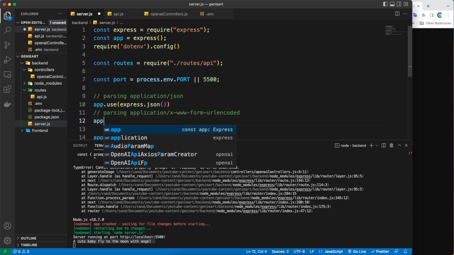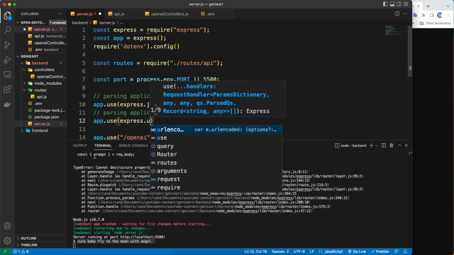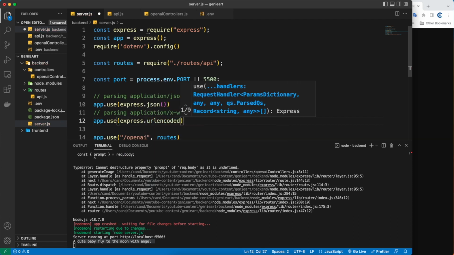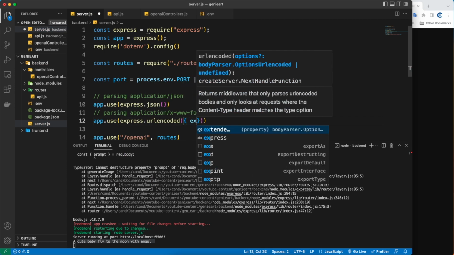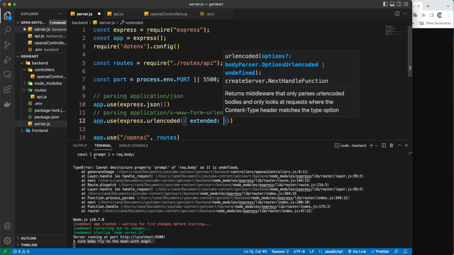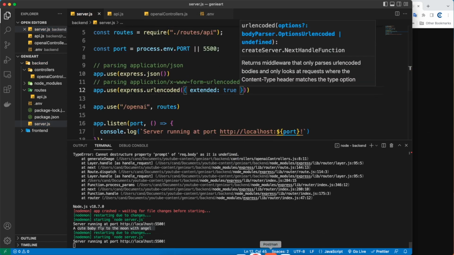So here I'm going to say app.use. Okay, so here let's say express.urlencoded, like so, and inside in here I'm going to put an object, and let's say extended: true. Okay, just like that. Now we can be able to use the